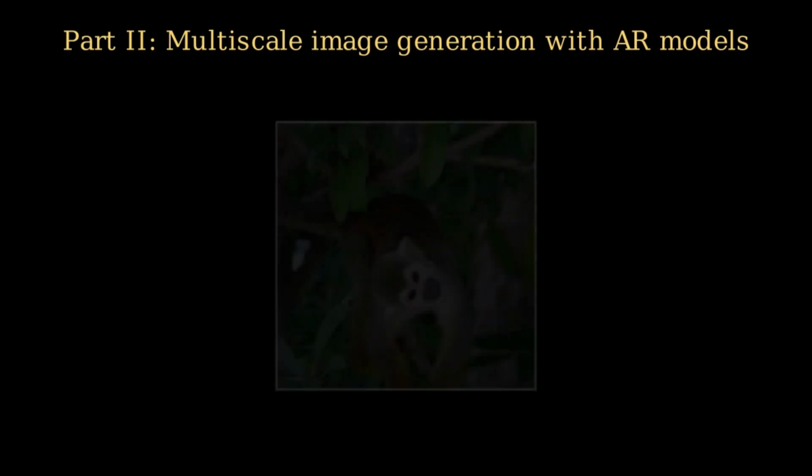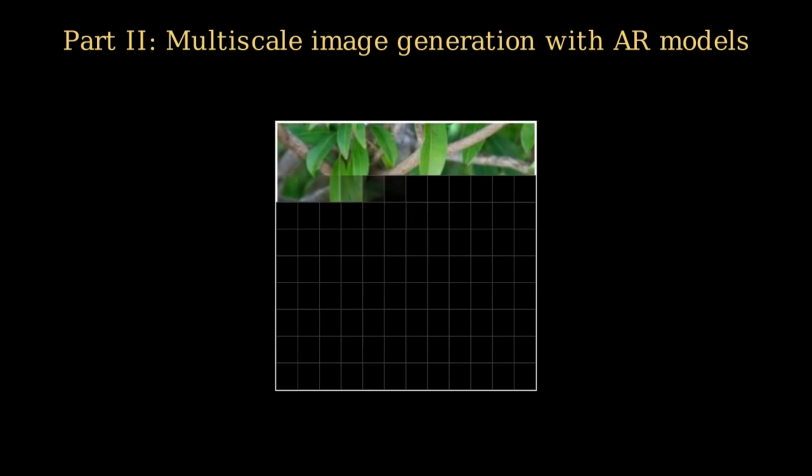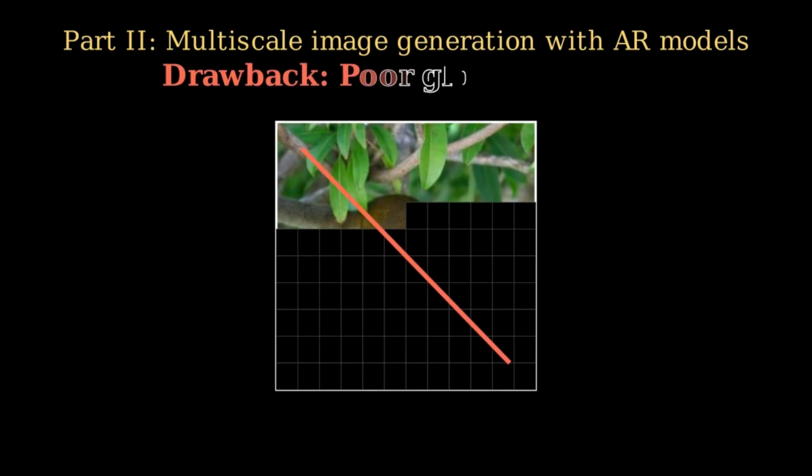Despite these advantages, standard autoregressive generation faces a fundamental, structural challenge when applied to images. In natural language, words follow a strict sequential order, so standard left to right, next token prediction works perfectly. But images are spatial, not purely sequential. When an AR model generates an image using a standard raster scan order reading from the top left corner to the bottom right, it is essentially reading a picture like a book. This creates a severe bottleneck.